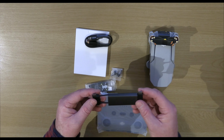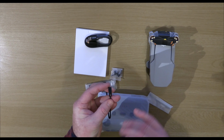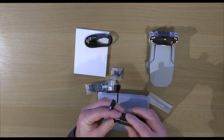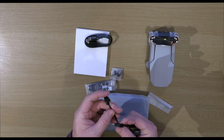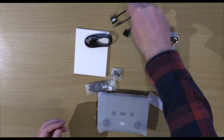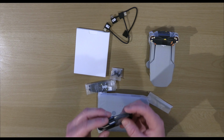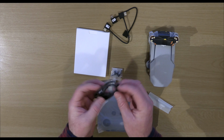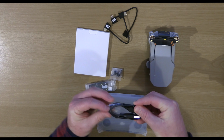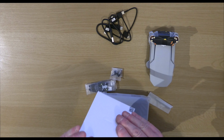So, okay, a couple of leads. Yeah, well, I say a couple of leads. Are they compatible with the iPhone? I hope one of them is. Find out later, I suppose. A little bit of packaging. Another cable, presumably for charging or something similar. There we go. In here,